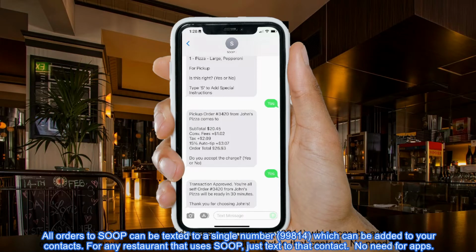Hello, I'd like to give a brief demonstration of how SOOP works. What I'm about to show you is on my phone. This is a regular text messaging app on the iPhone, and I'm just going to text an order using